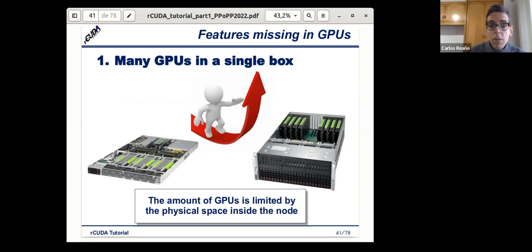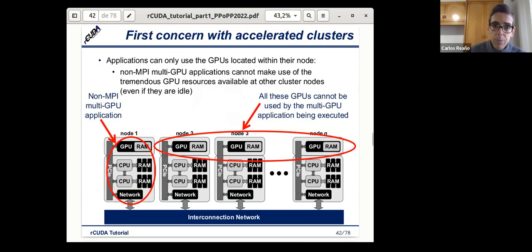We can also be limited because that server doesn't have PCI Express available or things like that. So we have space limitations and technology limitations, among others. Okay, so we could have different problems that do not allow us to put more GPUs in a server node.